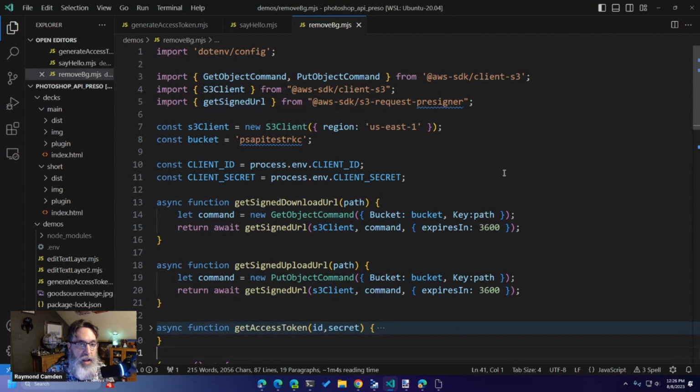So all I've done here in the first, let's say, 3 lines or so is imported from S3 what I need to work with S3. I've done things like specify my region and my particular bucket. And to make it easier, I created two utility functions that will create a readable URL for me. I call it get sign download URL, as well as a signed upload URL that will allow me to put